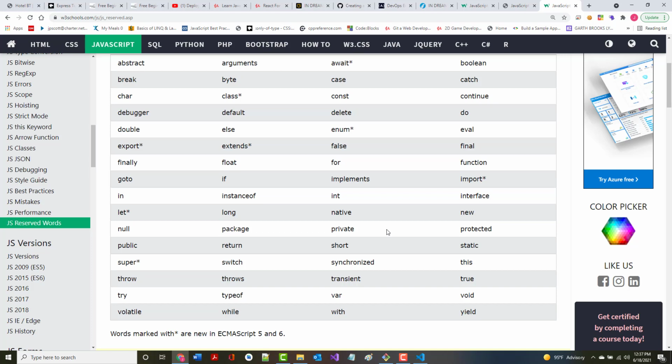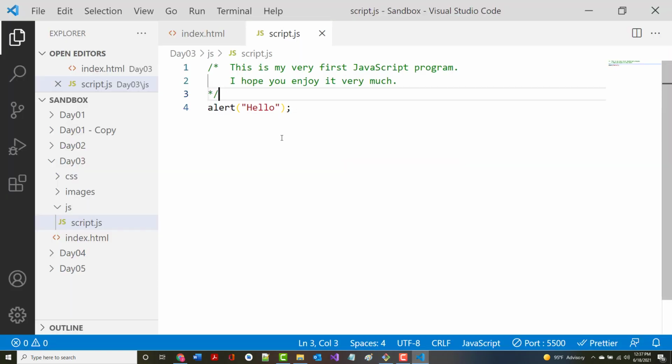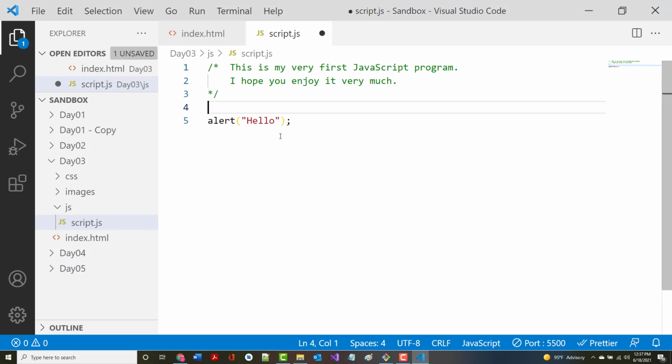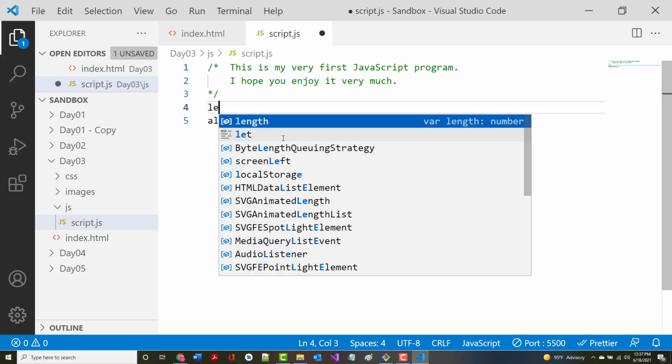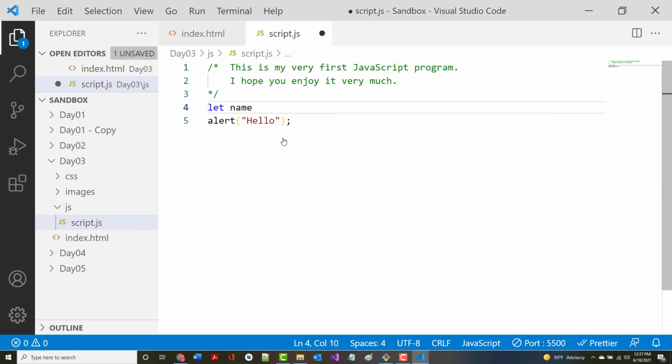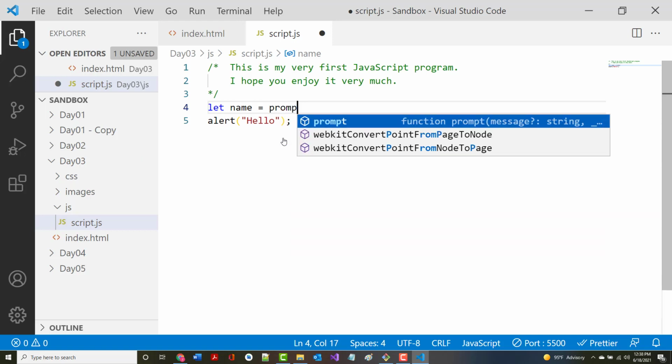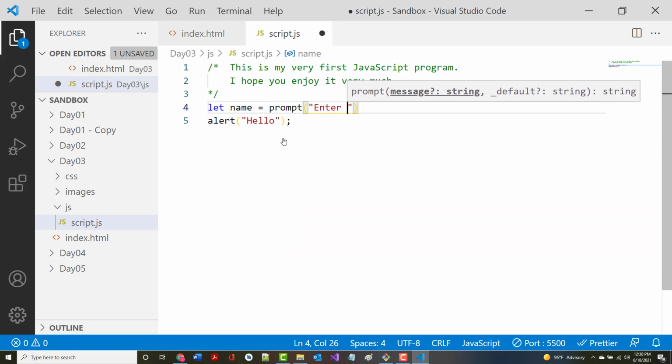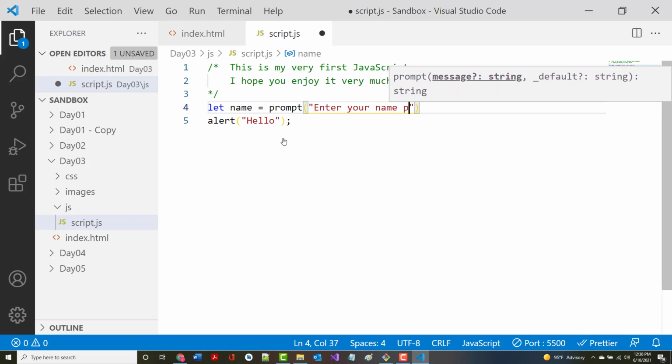just say hello, instead of saying hello like we did, I want it to ask you your name and then say hello followed by your name. Again, I'm going to keep this really, really simple for right now. So instead of alert hello, I want to ask you your name. But I have to have some place to save your name. So I'm going to create what's called a variable. And I'm going to say let name equals, and I'm going to ask you to put in your name. So prompt, enter your name, please. Okay, just like that. And then I'm going to say hello